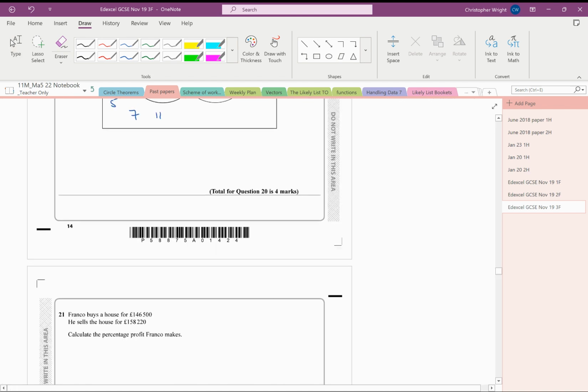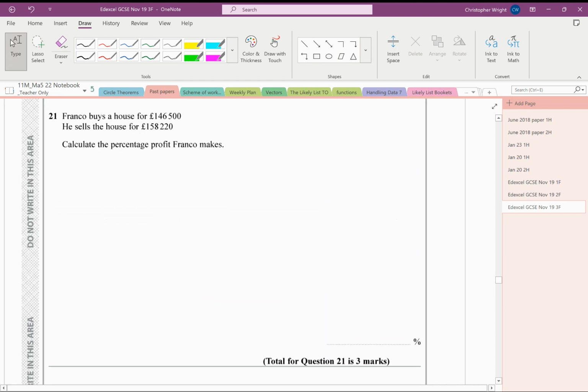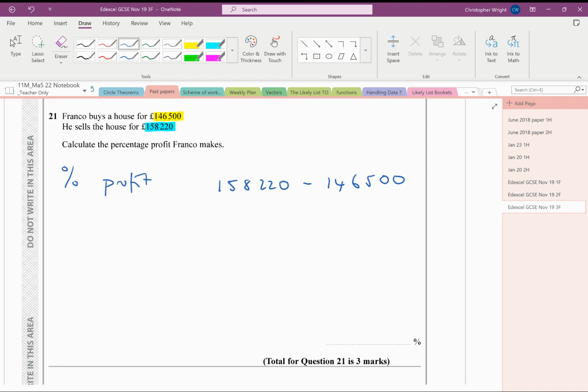Okay, right, last question, then we'll stop. Franco buys a house for £146,500. He sells the house for £158,220. Calculate his percentage profit. Well, that's going to be the profit divided by the original times by 100. His profit is the difference between what he sold it for and what he bought it for. So the profit is 158,220 minus 146,500 is